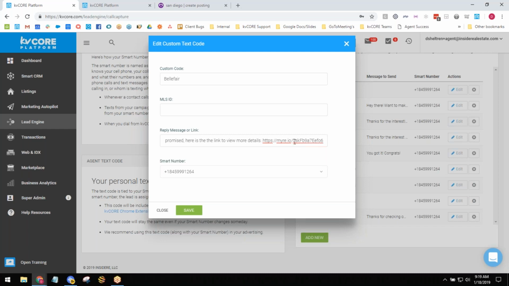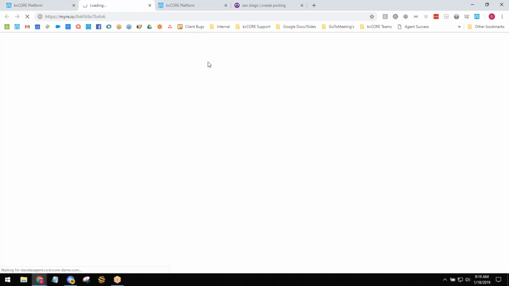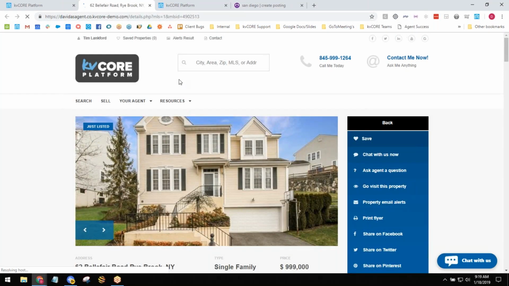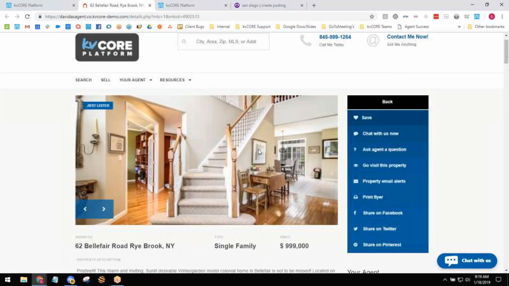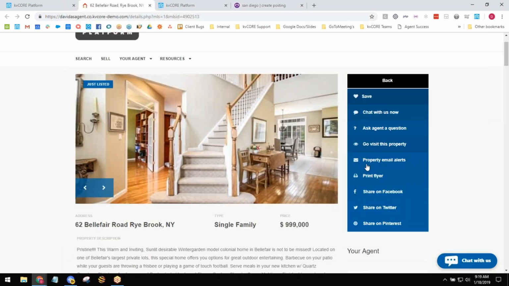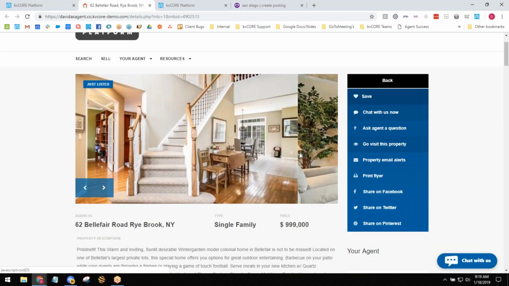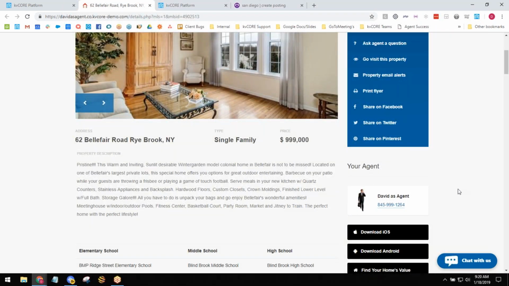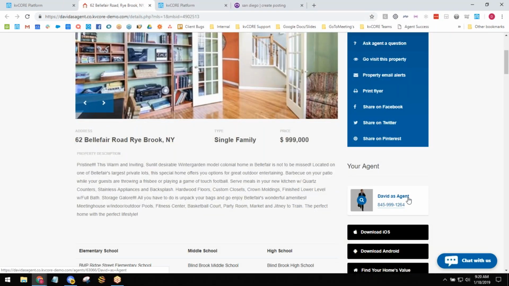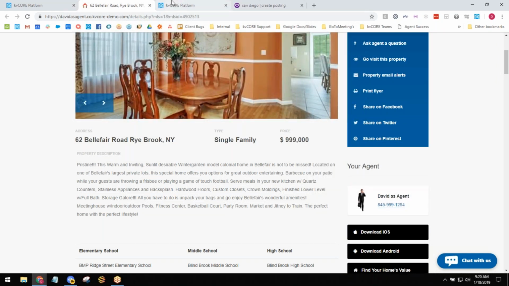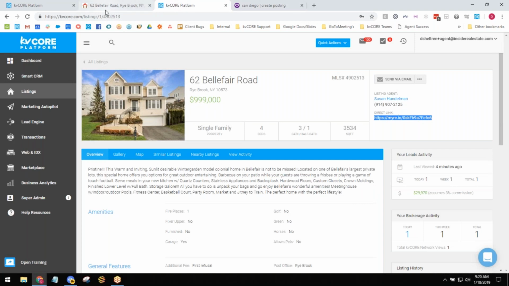As soon as they click on this link, after we send this back over to them, they're going to go back to this website, and they'll already be signed in. So there's no need to ask for their phone number and then ask for their email. We just want to be sure this is as seamless as possible. Once they come in here, they'll be able to view more about the listing. They can also do things like ask a question, request a showing, and a bunch of other stuff. As I mentioned, you, or actually me in this case, because this is my demo account, your information will be showing right here, not the listing information.